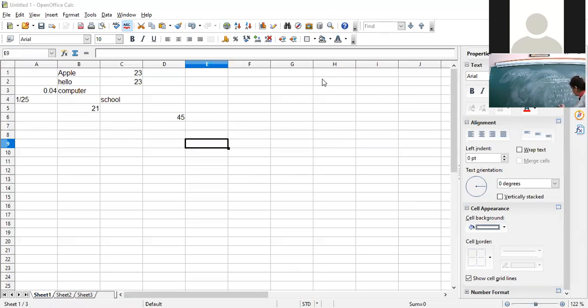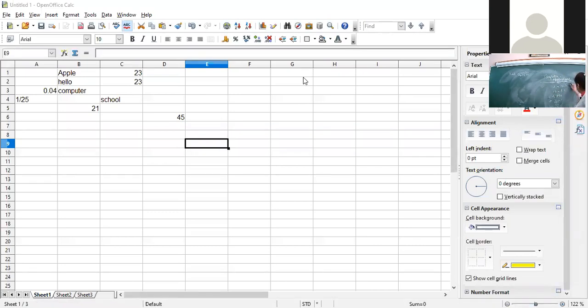So 20 plus 7 into 2, that is equivalent to 20 plus 14, equal to 34. Clear? Solve yourself. Firstly, I solved the division operator, then multiplication, then addition. Clear to everyone? Okay.